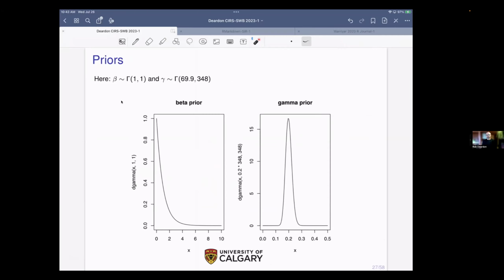Here, what I've done is I've used an exponential prior, so a gamma prior with rate and shape equal to 1 for beta. Okay, so if you remember, my true value of beta was 0.6, so this is a pretty uninformative prior on that beta parameter. On the gamma, I can do this analysis with a non-informative prior as well, but what I've chosen to do is pick a prior that essentially has ties to information we might have in real life. Right? So I've picked this prior so that